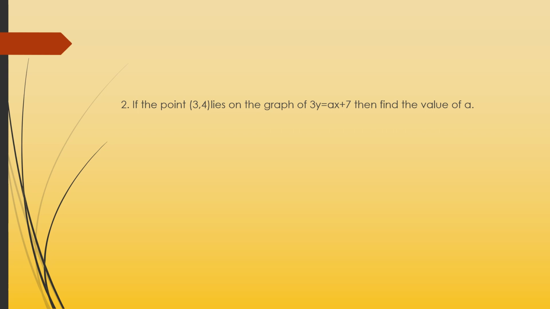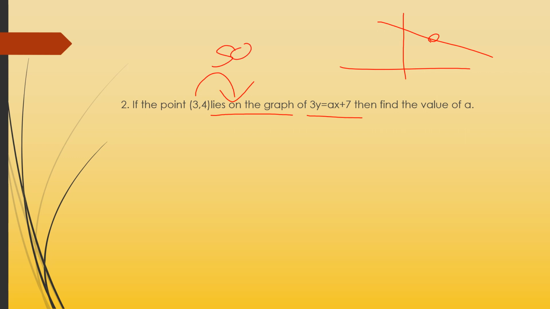Does the point (3, 4) lie on the graph? The graphical part we will do in the next video. But remember, my dear students, whenever a point lies on a graph, it means that (3, 4) is a solution of 3y equals ax plus 7. Actually, (3, 4) lies on the graph means (3, 4) is a